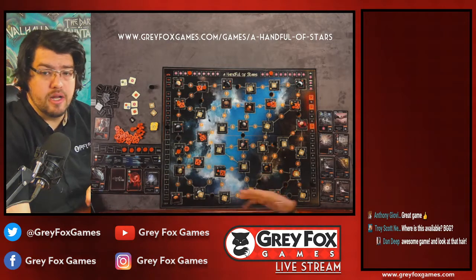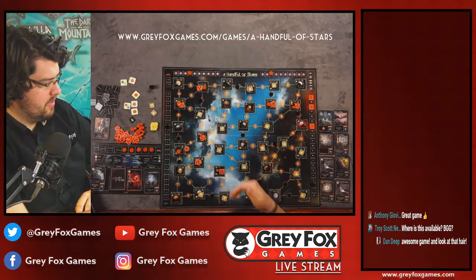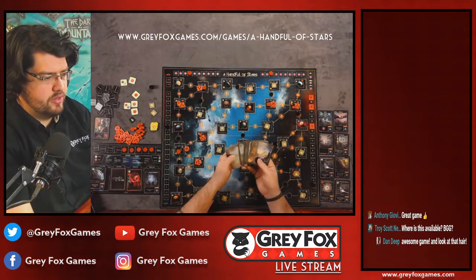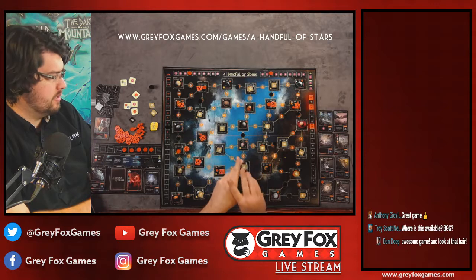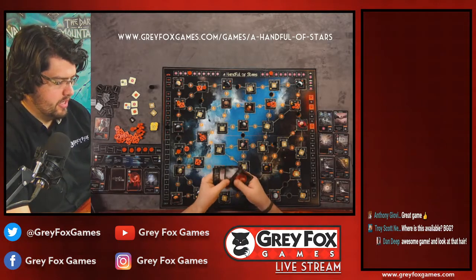As soon as I put a colony or an outpost on there, then I will have control of the system, and then that system, all the systems have a card, and they have like resources on them. So once I get control of that system, that card will be added to my deck. So that's the plan for next turn. So I'll have to end my turn there,